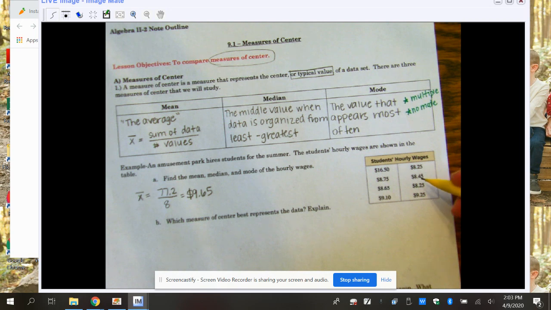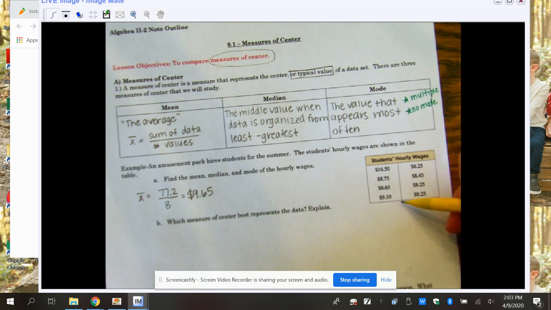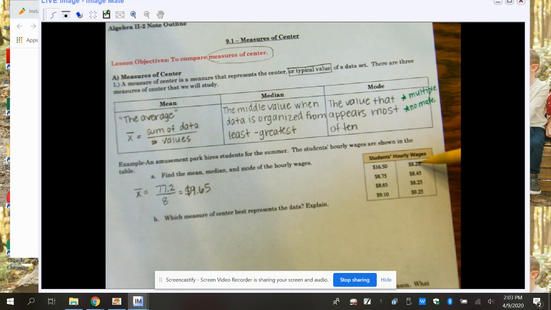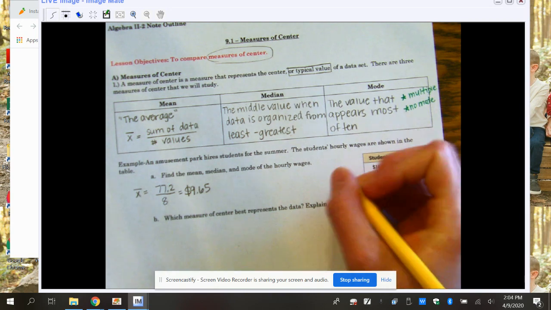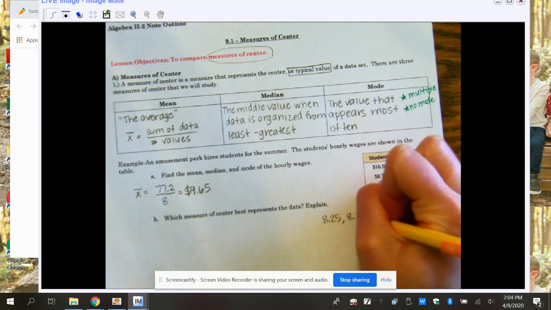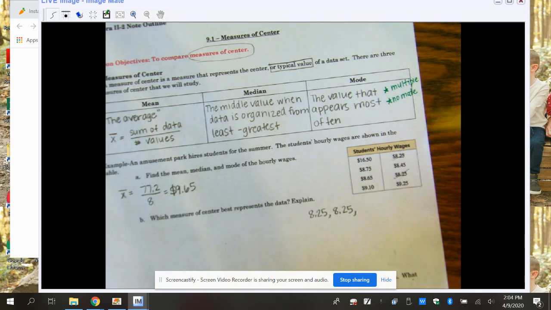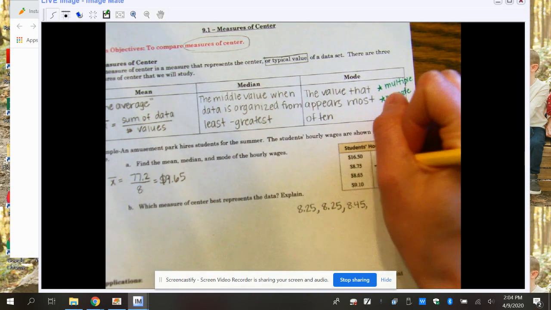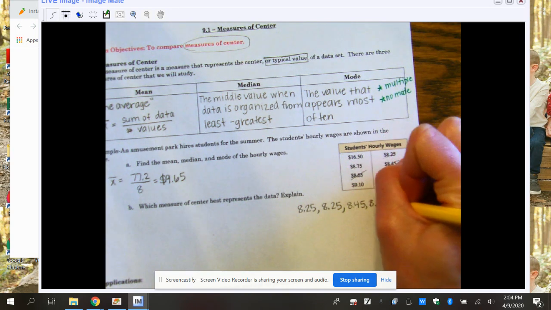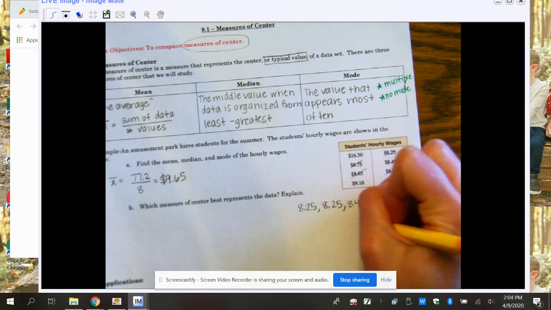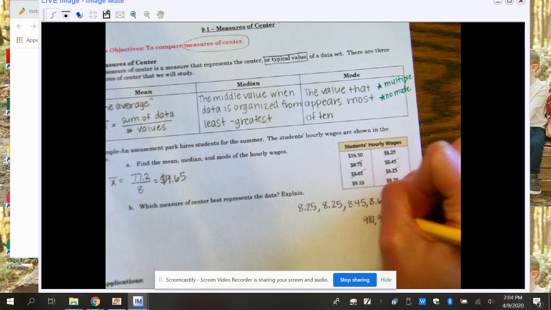Now we're going to find the median. Before I can find the median, I need to list these 8 values in order from least to greatest. The smallest value, I see this 825 twice. When you have a value that repeats, make sure you put it there two times. Then my next one is 845, then 865, 875, 910, 925,